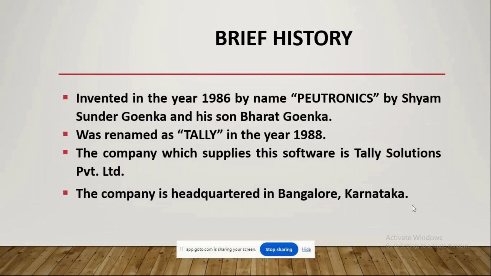From the year of invention, you can make out how old it is. It started in the year 86, was renamed in the year 88, and even today is running successfully as the number one accounting software. We have so many accounting softwares in competition, of course, but even till today, Tally has occupied its own position